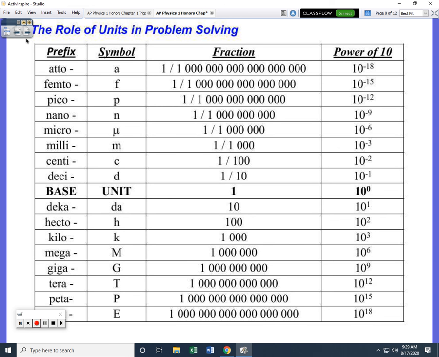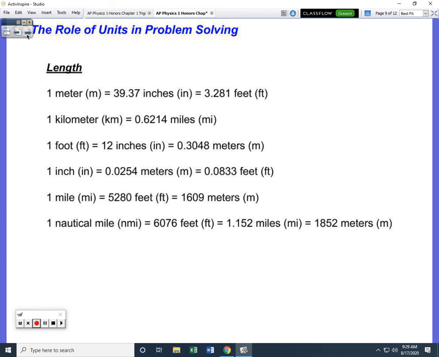And one of the things that's really nice about the metric system is all these prefixes. These different prefixes can just slap right on the front of the word meter, and they represent different things. For example, if you say you have 1 nanometer, then you have 1/1,000,000,000 of a meter, which is 10 to the negative 9 meters. Most people are probably most familiar with the kilogram down here. Kilo means 1,000, so if you have a kilometer, you have 1,000 meters, or 10 to the third meters. If you have a kilo of anything, you actually have 1,000 of those things. So if you have a kilo dollar, you have $1,000. Some of us have a kilo dollar.